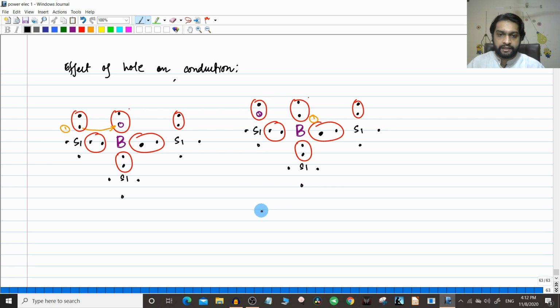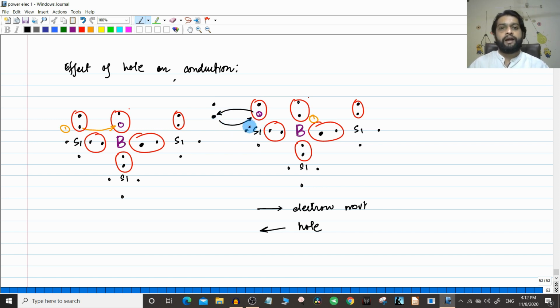So if you write it like this, this is the electron movement from left to right, and this is the hole movement. You can see initially the hole was here. Now it has moved to this position. Now what will happen? For example, there might be an electron here. That electron will come and occupy this, and that hole will move to this position. So once an electron leaves, a hole is created. This electron goes and occupies this position, and then a hole is created in this position. Okay. So that is the basic idea here. I have written here that this is the electron movement and this is the hole movement.